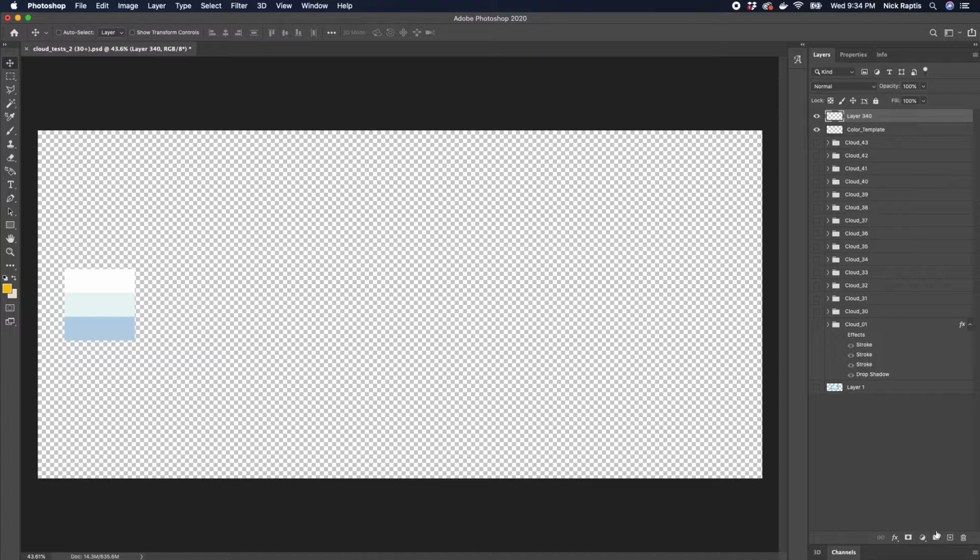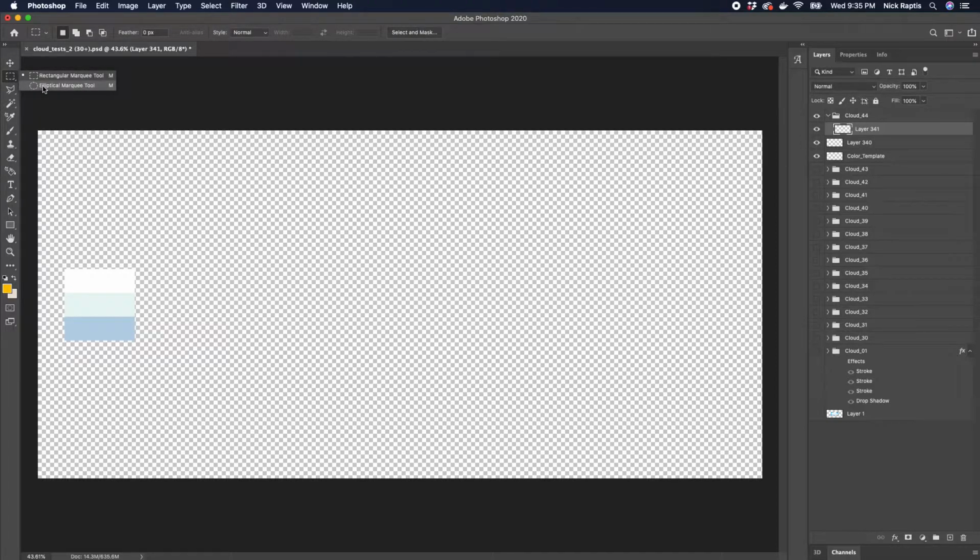So the first thing I'll do is just create a group for my cloud, and this is the 44th cloud I'm making, so I'm gonna name it cloud 44, but for you this could be cloud 1. Then I'm just in this group going to create a new layer, and in this layer I'm going to grab the elliptical marquee tool and make